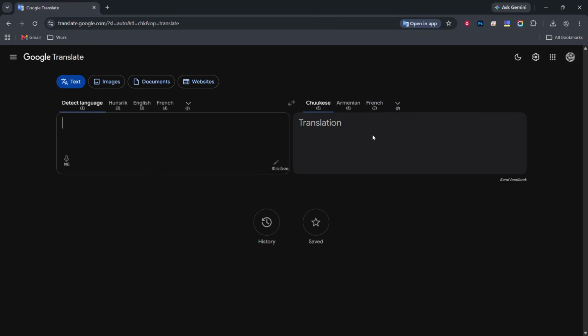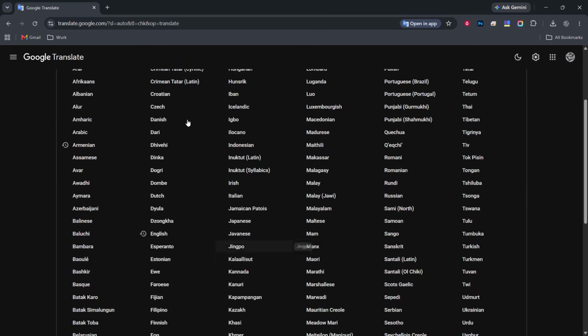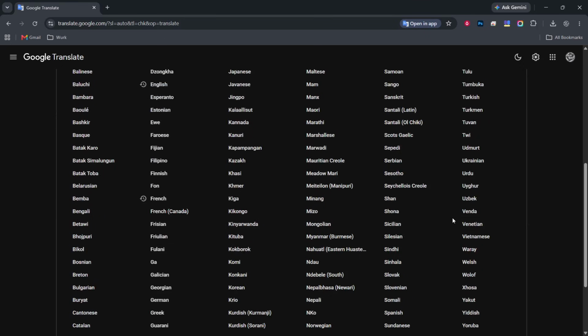Click the right language box. This is the language label above the box where the translated result will show. Once you click it, you will see the same style of list with many languages and often a few common suggestions at the top. The layout looks just like the list you saw on the left side, so you are still in the right place.